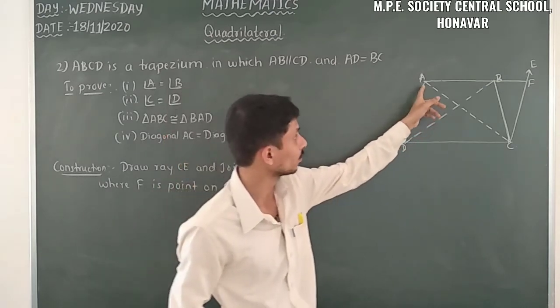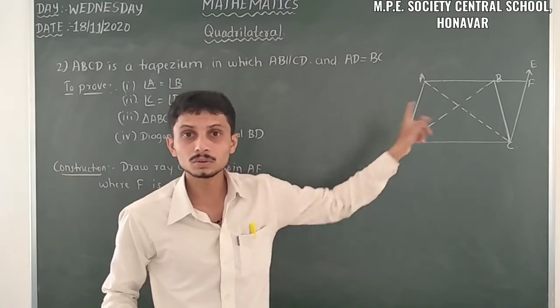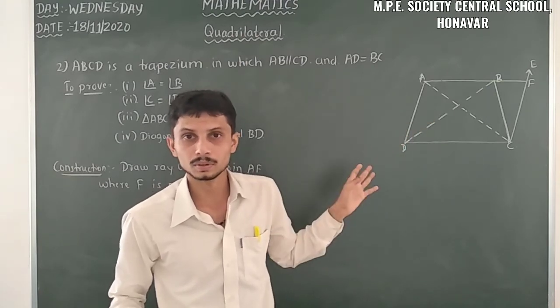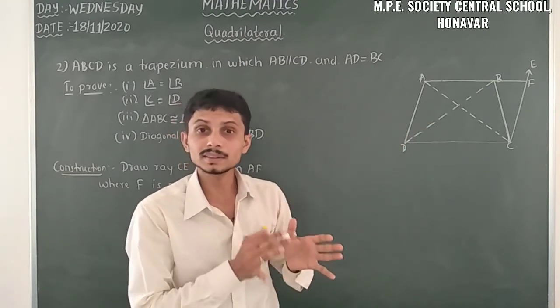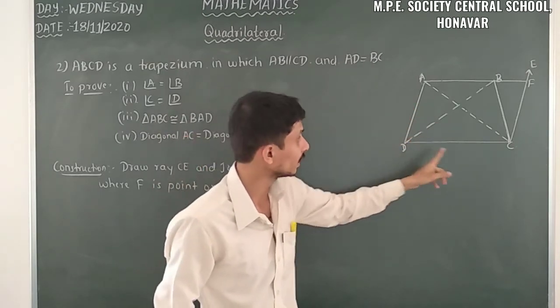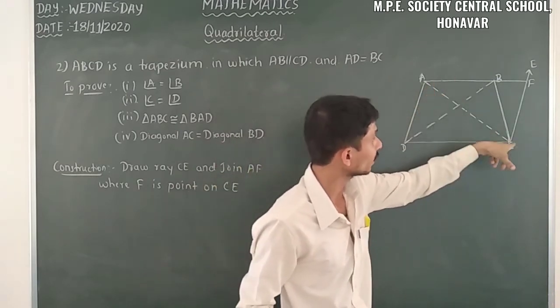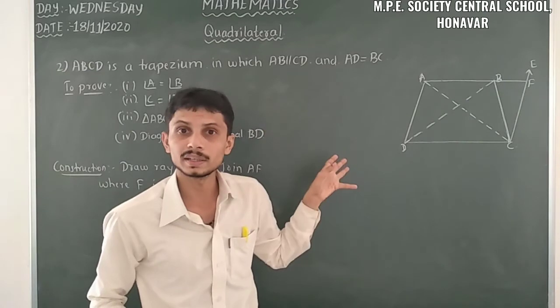Adjacent angles. Here we have to take the adjacent angles as supplementary. So then only we can consider those two triangles. So those two angles are equal. But what are the adjacent angles possible here? In this case, when we consider parallelogram ADCF, the angle A plus angle CFB is equal to 180 degrees.